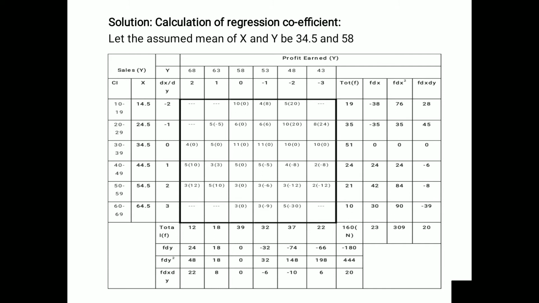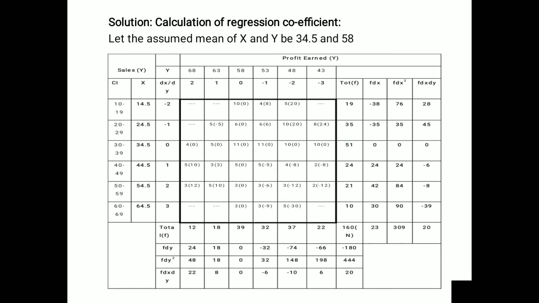In the same way we should calculate all the dx values in the row. The next step is to calculate the dy values in the same way. That is 68 minus 58 divided by the gap. We don't have any class intervals mentioned here, so the gap of the values here is 5. So 68 minus 58 is 10, and 10 divided by 5, that is the gap of the classes, gives us the answer 2. In the same way we should obtain all the dy values.